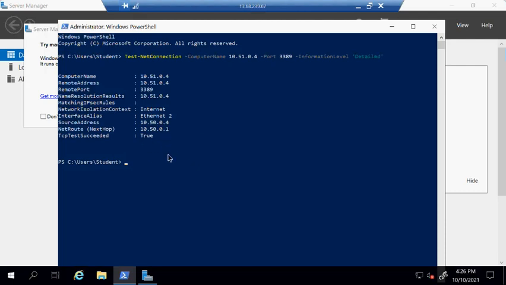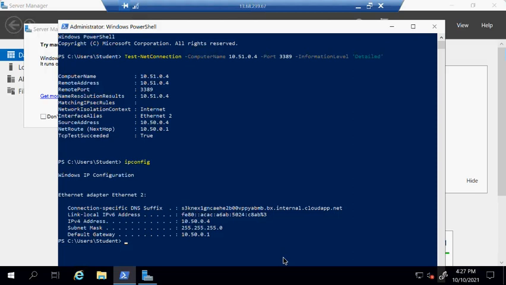It is true. That means 10.51.0.4 is pingable from the 50 network. This is your 50 network. The 50 network is talking to the 51 network. That is true, right? If I say ping